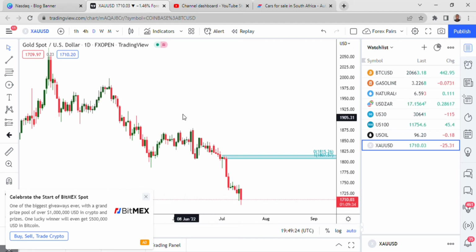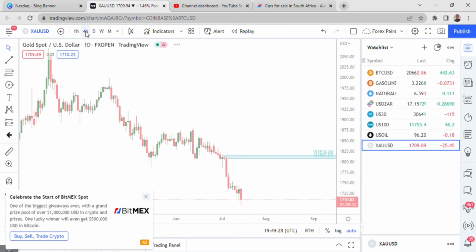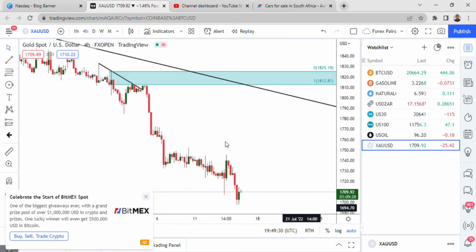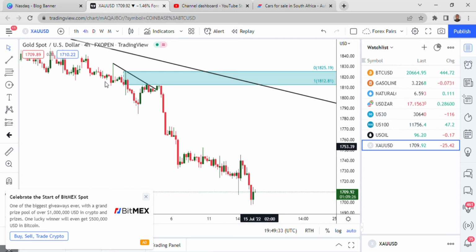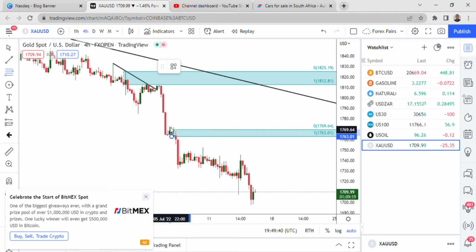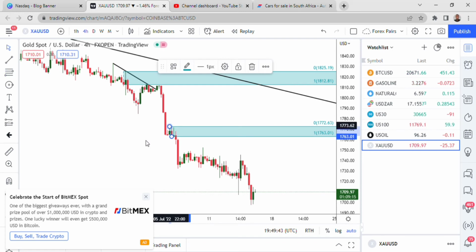Now let's go to H4. I'll show you something. So I think we were somewhere around here. Look at this. Let's say you're trying to go long. When the price is coming back, you prefer it not giving you anything in between. Here you can see if it's moving like this and then it gives you a reason to go long, if you're buying, you expect it to just take off.